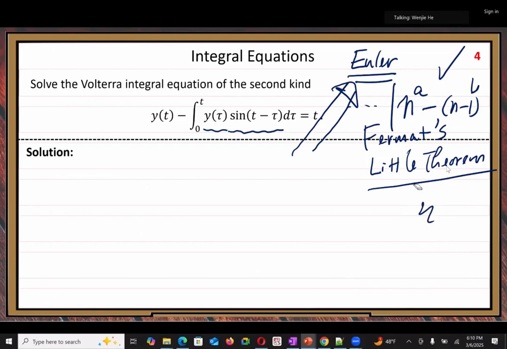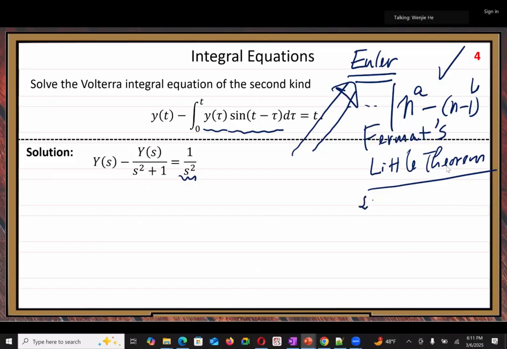the properties to solve this integral equation. Then it's pretty straightforward. We apply the Laplace transform to both sides. Right hand side, the basic formula. I hope you're familiar with